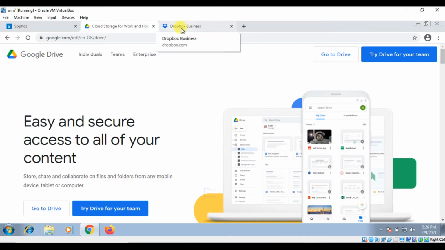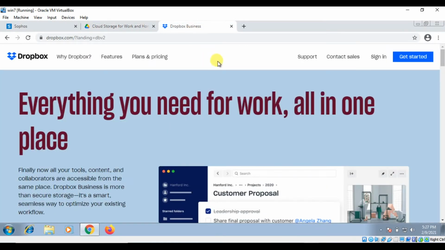Your scenario may be different, like you want to put a capping on YouTube. Suppose in your organization YouTube is allowed, but you want to apply a setting so that all users can watch YouTube but cannot exceed a limit from a particular website. So what we are going to do is make a policy, taking Dropbox.com as an example. We will create a policy and apply a setting that all the users in the organization cannot consume bandwidth of more than 5 Mbps. So let's see how to do this.